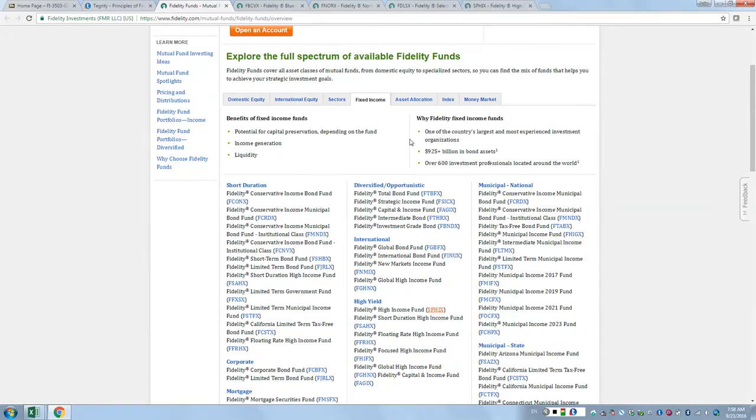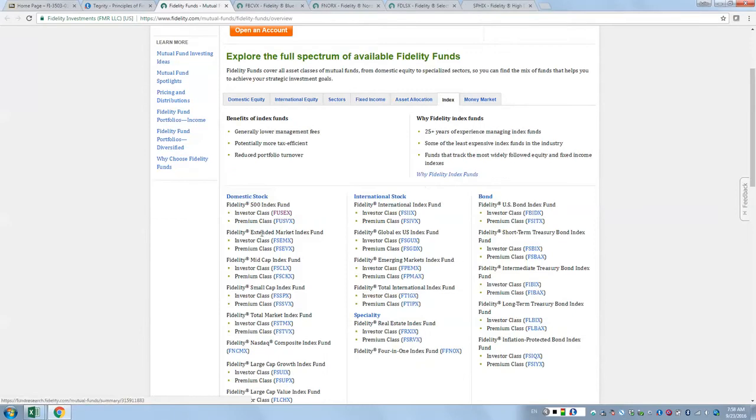Pick based on the name, so based on whatever you think sounds good. And for index, I'm gonna pick this one. I'll give you my reasons in just a moment. So I just picked 5 funds at random just for the names. You have plenty of options, so I'm expecting to see a lot of variety.